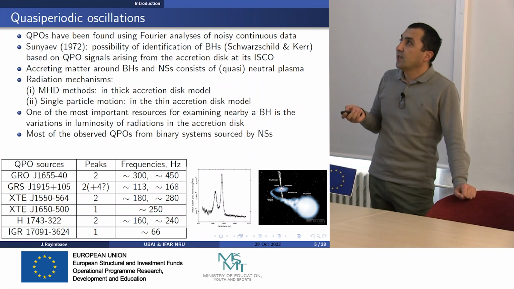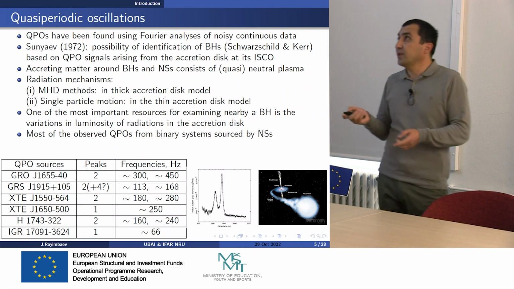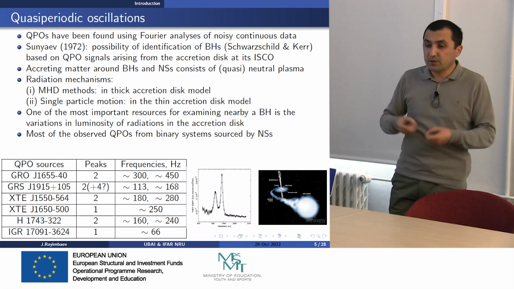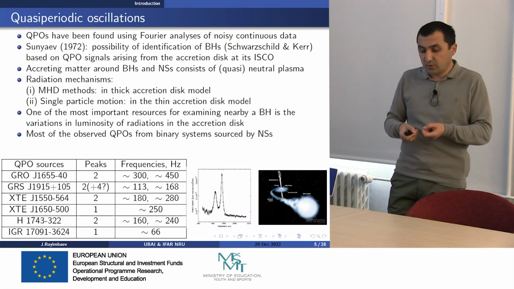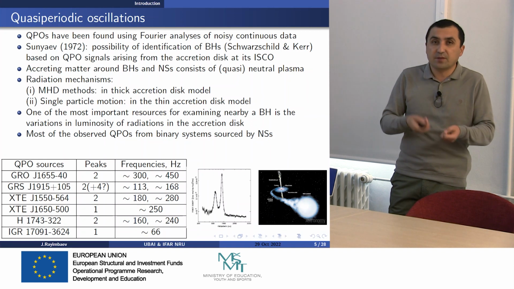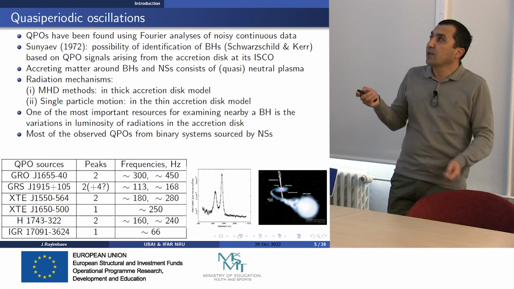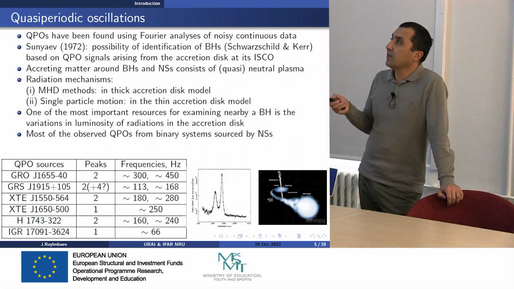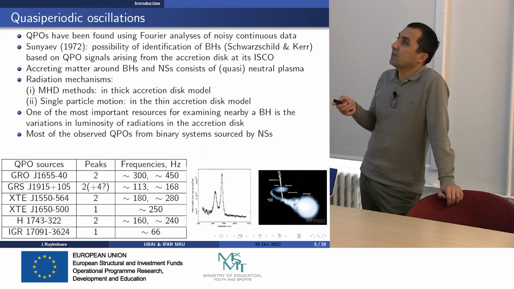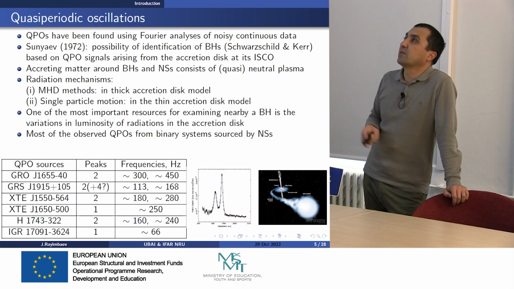For example, for the thin accretion disk model, all QPO models are quite a lot, physicists have a lot of models to generate them. We can only consider MHD methods in QPO, but all radiation processes in a thin accretion disk can be considered using the single particle motion. So